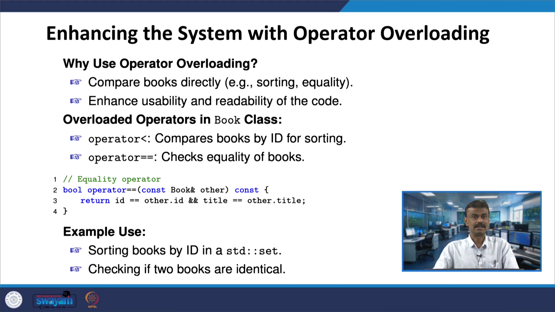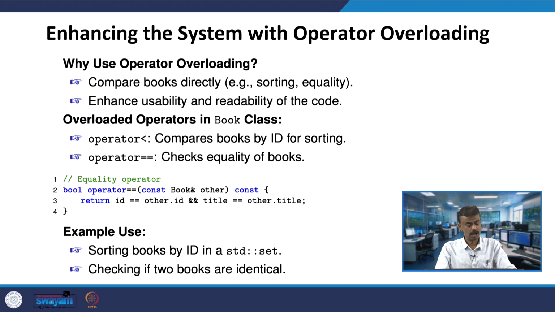Somehow it is being sorted, or an equal number of books have been kept in the system. In that case, operator overloading is useful to compare books directly, and it also enhances the usability and readability of the code.